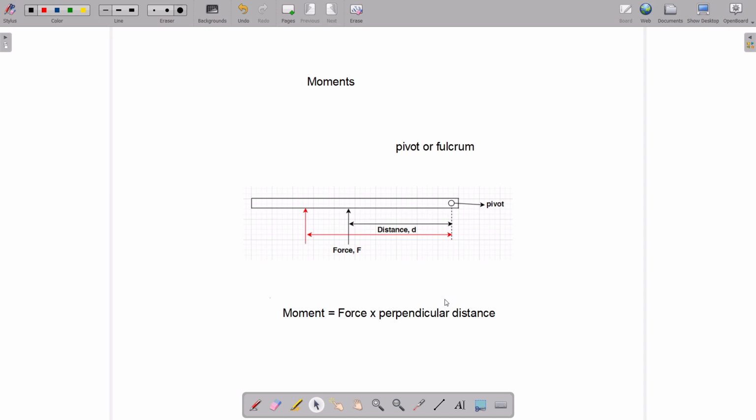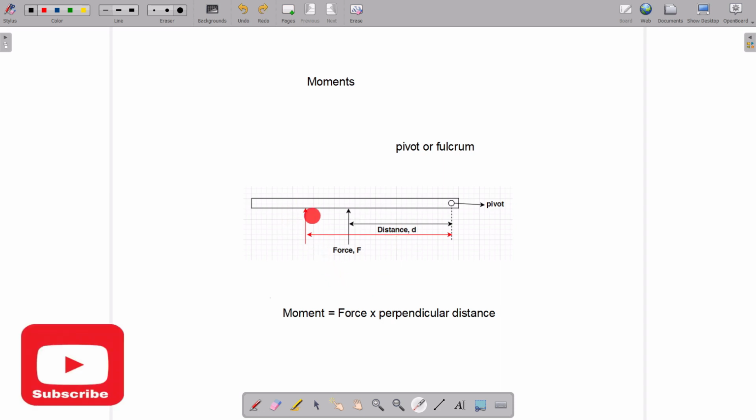Now this is very significant because from our diagram we see that the force is perpendicular to the bar. It is not tilted at an angle or slanted. Two things affect the extent to which a force will be able to cause an object to turn. The magnitude of the force and the distance from which it is acting from the pivot can also affect the turning of this object. If we look at the force which is shown in red,